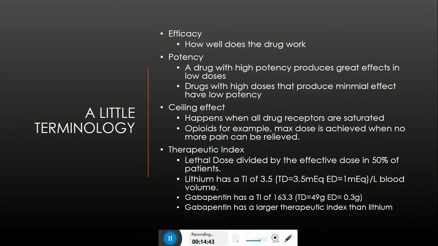Gabapentin has a therapeutic index of 163.3. Now, what that therapeutic index means is for lithium, the toxic dose is 3.5 times greater than the effective dose in 50% of the patients. Now, in gabapentin, that number is 163.3. So,